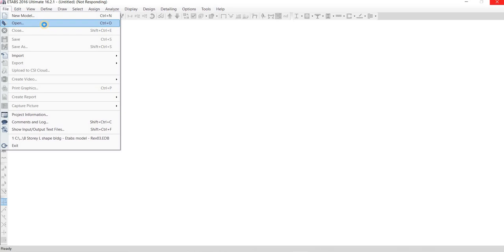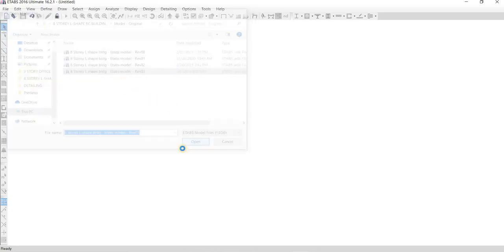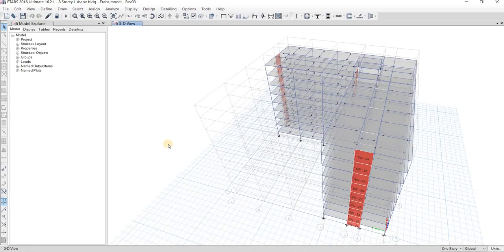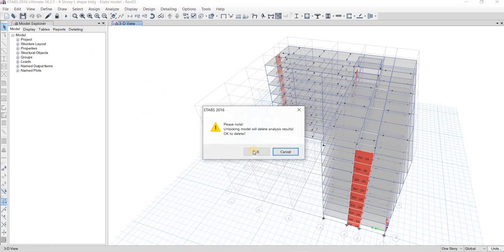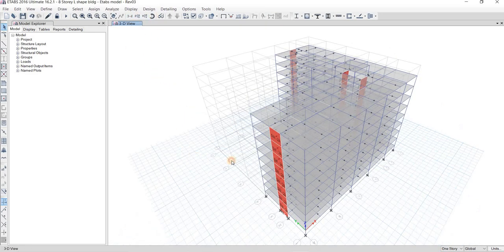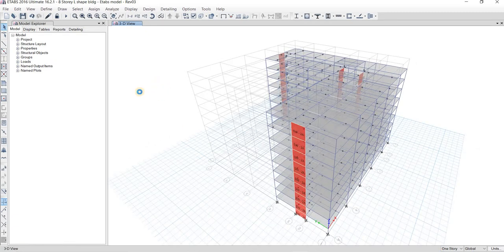I will just wait a while. Okay, then this is the model. I will just click open, and let's say I will unlock this model. Okay, so 3D, then